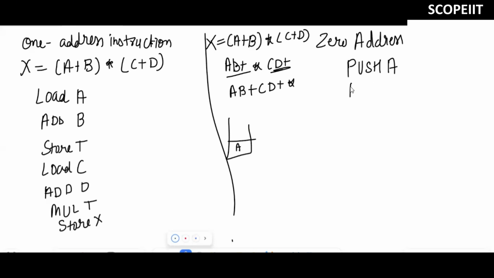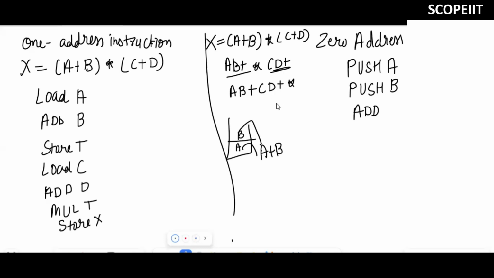The next is alphabet B, so I'll write push B. The B value will be stored in stack. Now next is an operator, so we'll write here add. When you write add, these two elements will be popped from stack and it will perform the addition of A plus B.